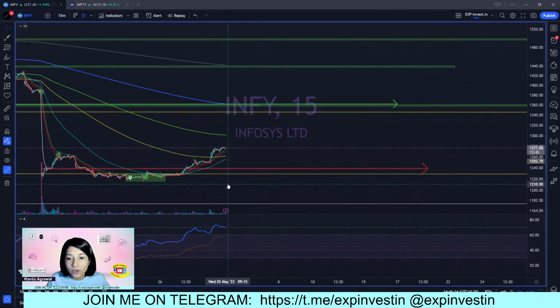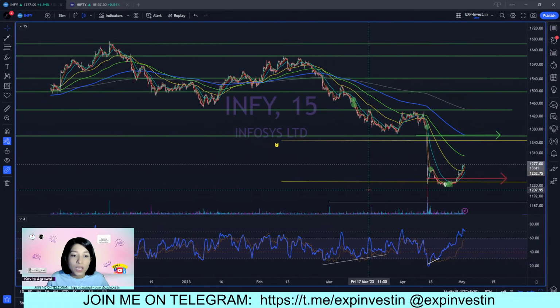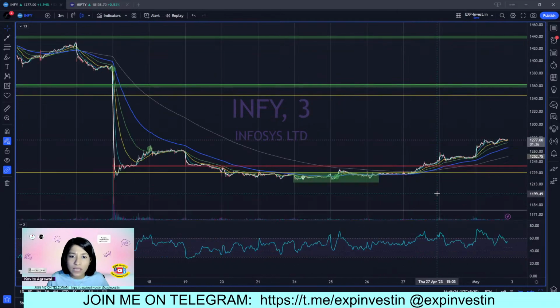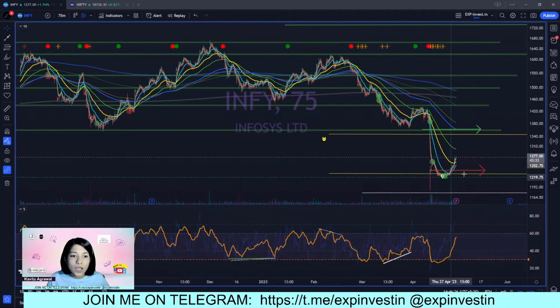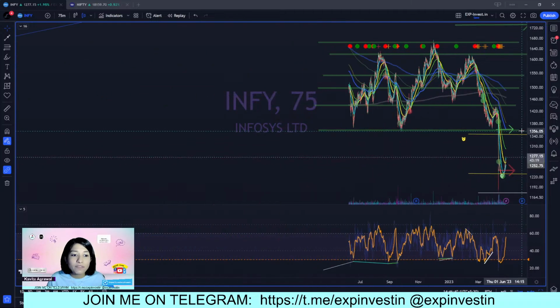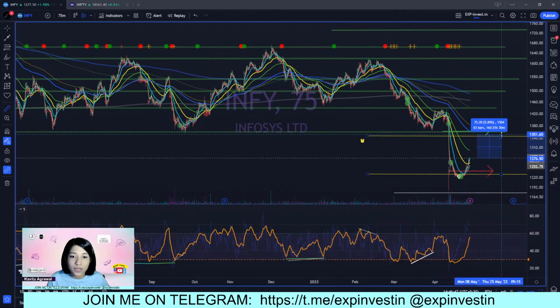So as a swing trader, what I would suggest is to maintain a stop loss somewhere around the level of 1261. Now, if you're somebody who wants to make a fresh position in Infosys, I will definitely suggest to go forward with it. But since your horizon is a little bit longer, I would suggest you maintain a stop loss at the level of 1215 and do a staggered or installment kind of allocation to the stock. My first target in Infosys is around 1365, and I believe that should be achievable in the next 2 months.